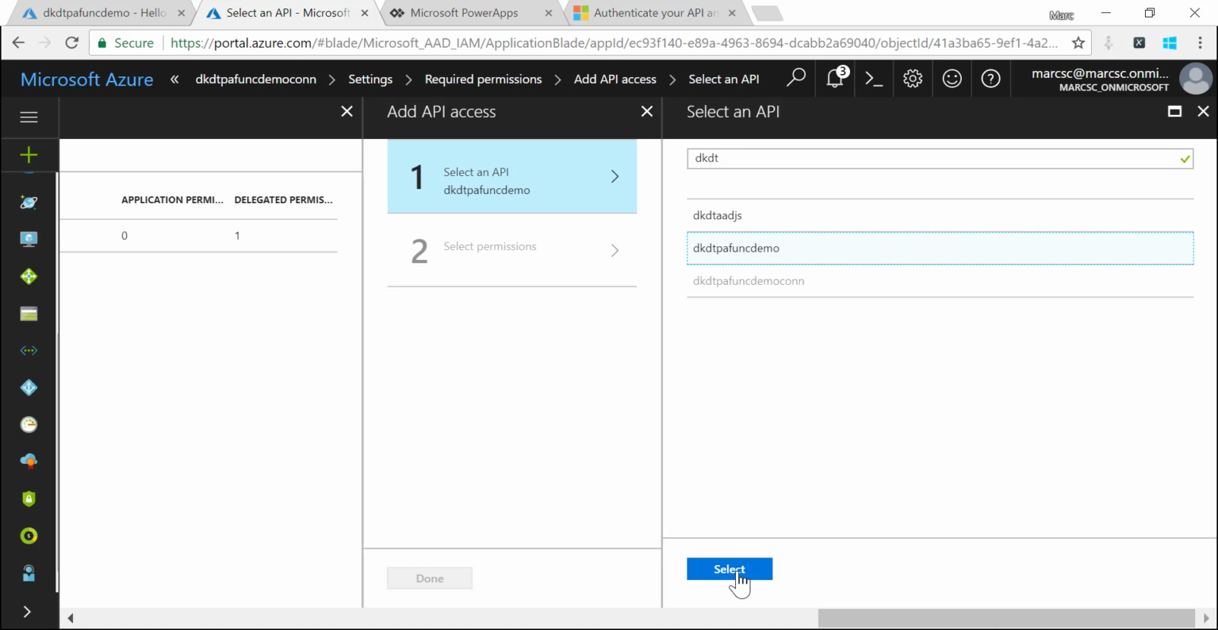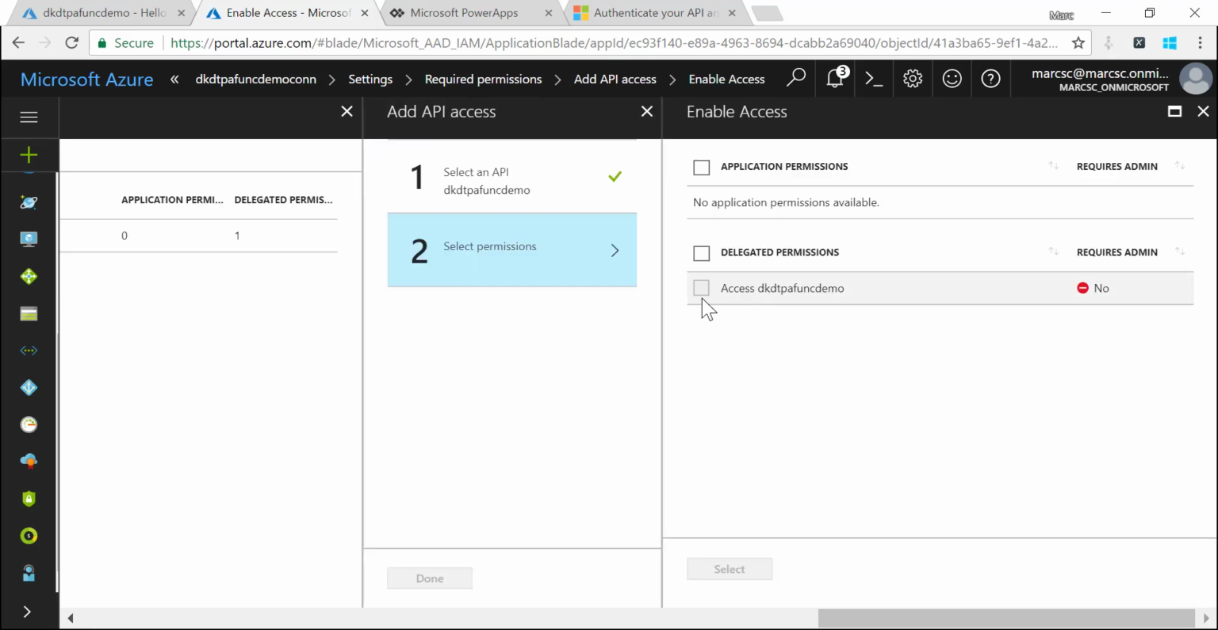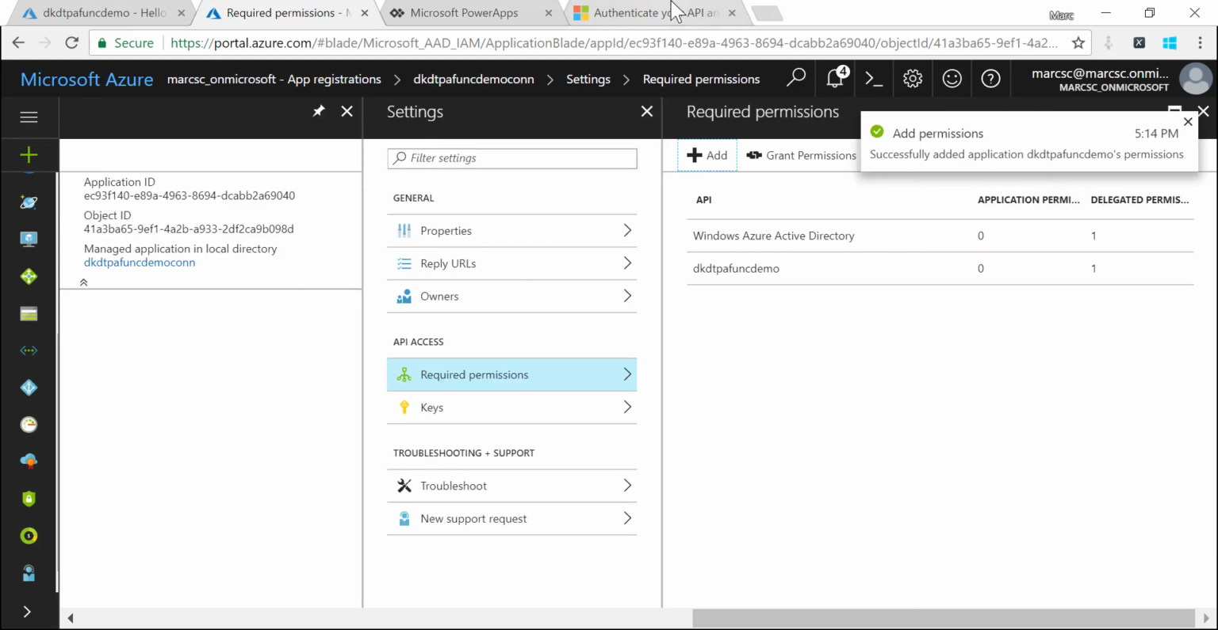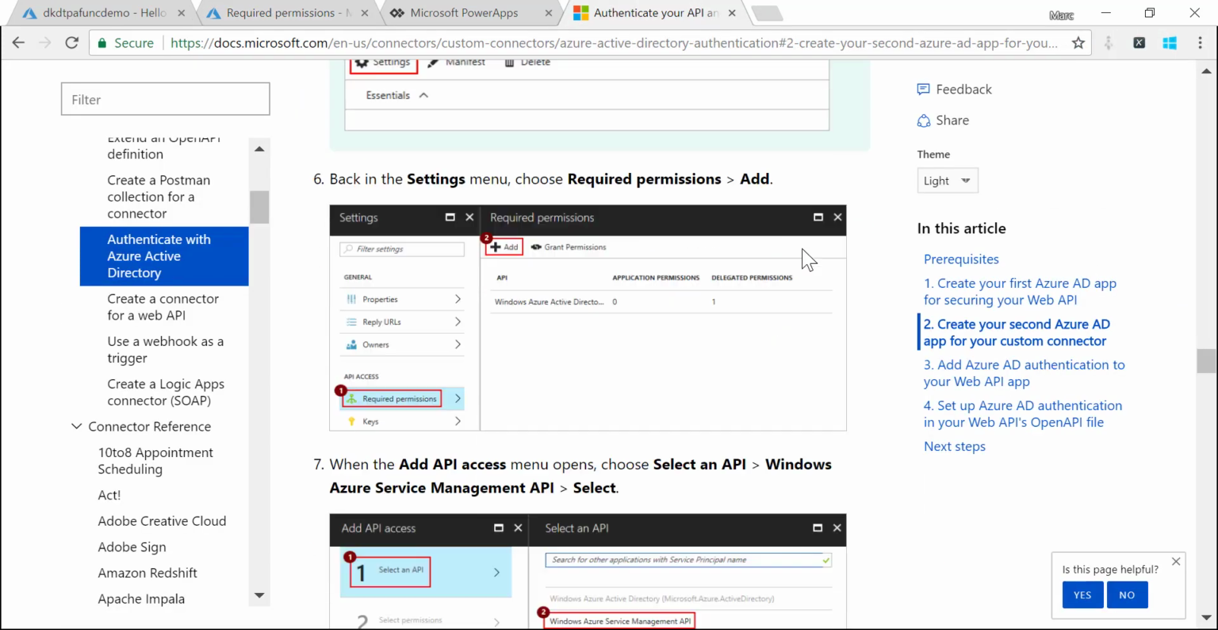So I'll select that. And then I need to give it the delegated permissions, which says this app registration, effectively my connector, which uses this app registration, has delegated permissions to access the API that's governed by the app registration for my Azure function. So I'll click select here, done. All right, the next step